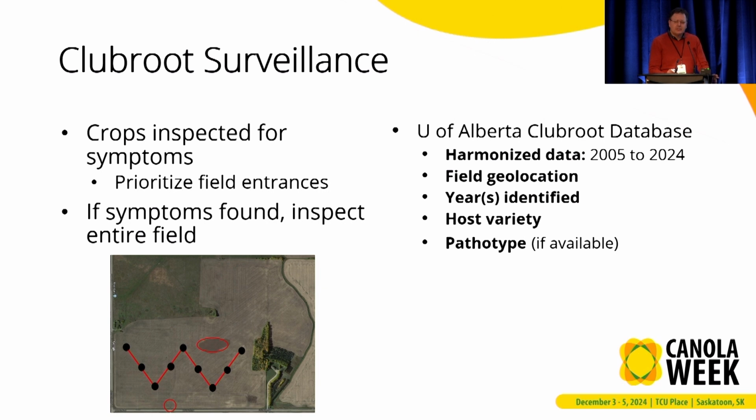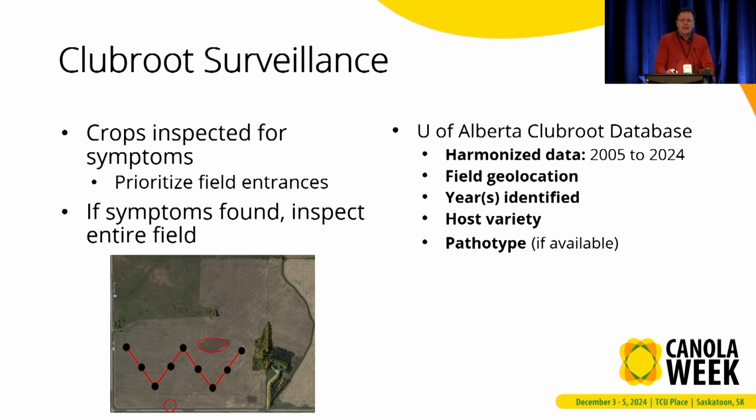So in these surveys, we basically inspect crops for symptoms of clubroot. We prioritize the field entrances because if clubroot is going to be found anywhere in the field, it's usually going to be found at the entrance. If the symptoms are found, we inspect the entire field, as shown by that diagram on the bottom, in a W transect, and we sample 10 points along the W. We also sometimes look at low-lying areas in the field that might be more favorable to clubroot. And then we enter all this data into a Clubroot database we maintain at the University of Alberta,